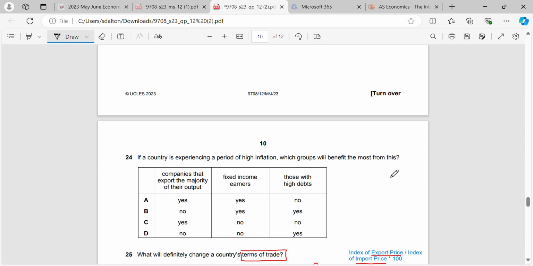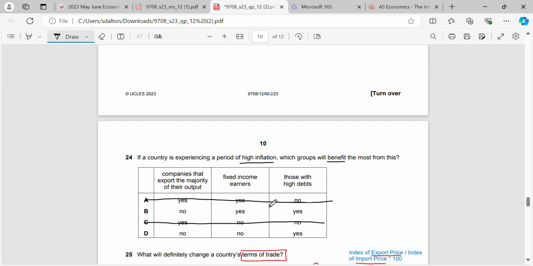Question 24. If a country is experiencing a period of high inflation, which groups will benefit the most from this? Companies that export the majority of their output, are they going to benefit from high inflation? Probably not. Why? Because the price of their goods and services may have risen, which makes their exports less desirable or less